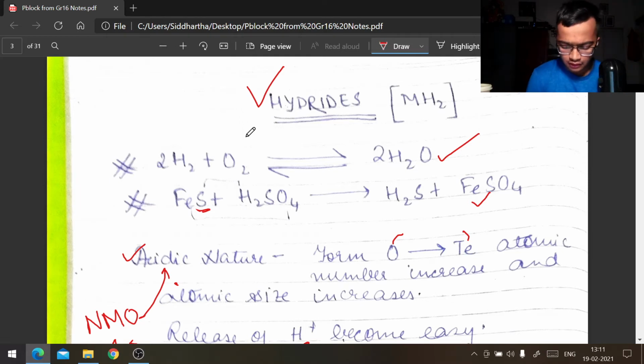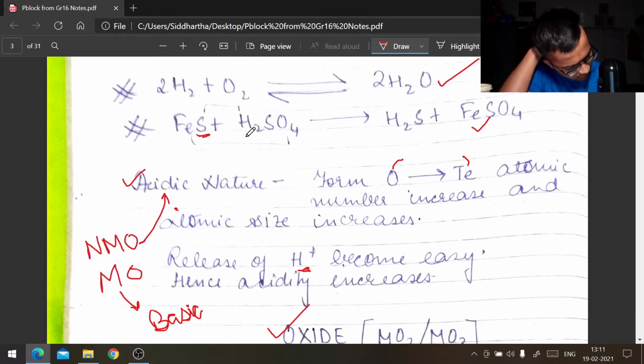Reactivity towards hydride: we know oxygen reacts with hydrogen to form water, and ferrous sulfide reacts with H2SO4 to form FeSO4 and H2S, which is hydrogen sulfide. Okay, now the acidic nature of the hydrides. I have already mentioned that from oxygen to tellurium the atomic size increases,